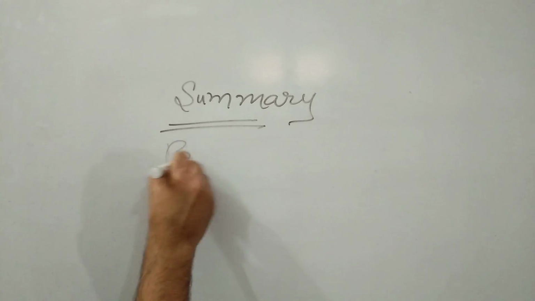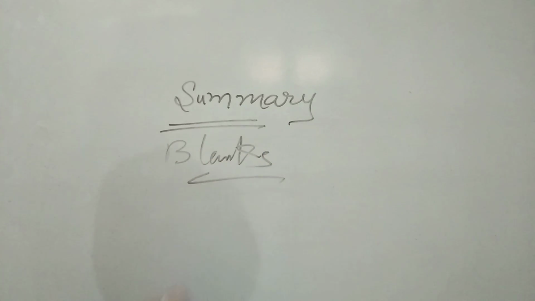In case of summary blanks, when you read the sentences with the blanks, try to make some assumptions. Think about what word can be in the blank, and then find the answer in the paragraph. What most students do is just read and try to find the word by searching for keywords. Now you have to do some brain exercise on how this sentence can be completed and what word suits there the most. If you are able to make such judgments, this becomes very easy for you to do.